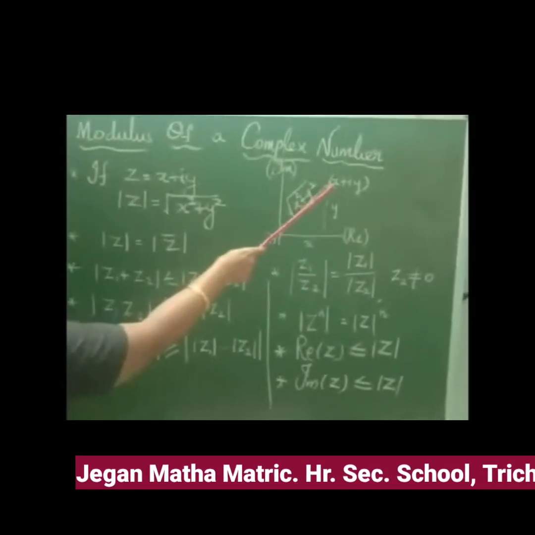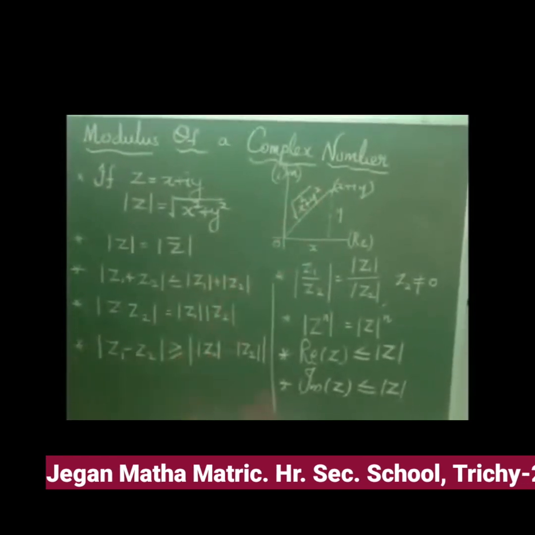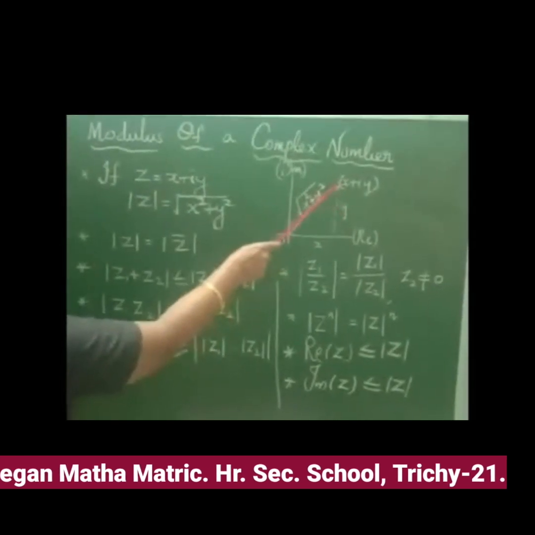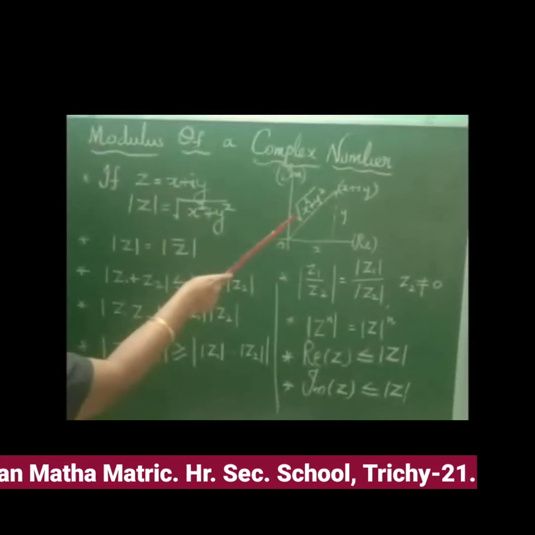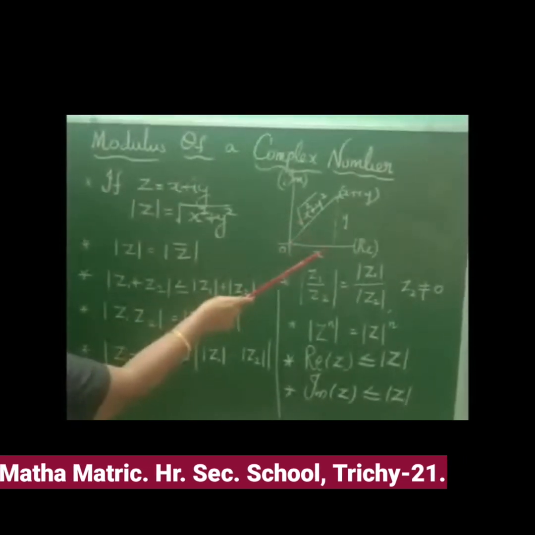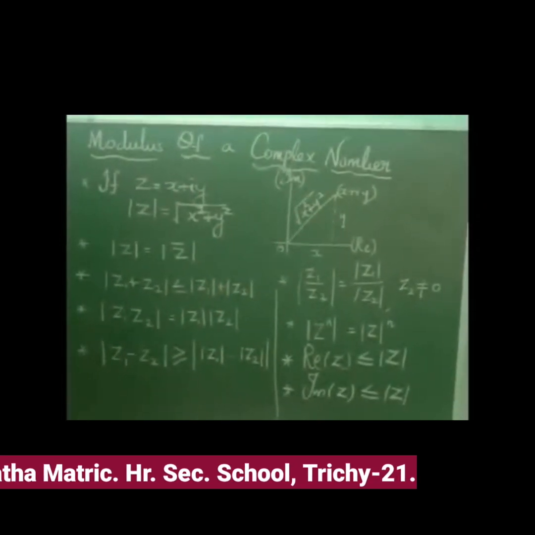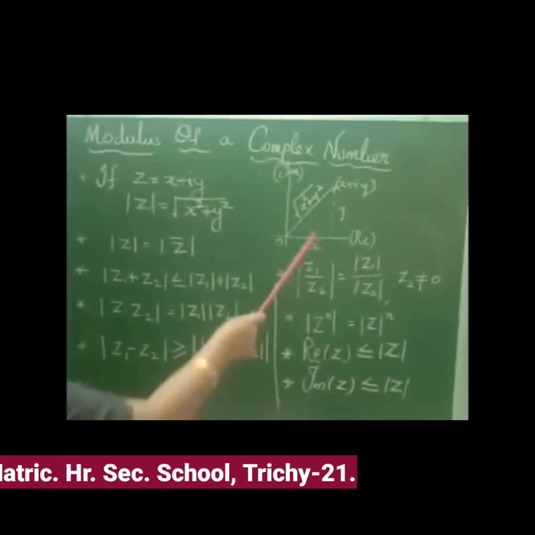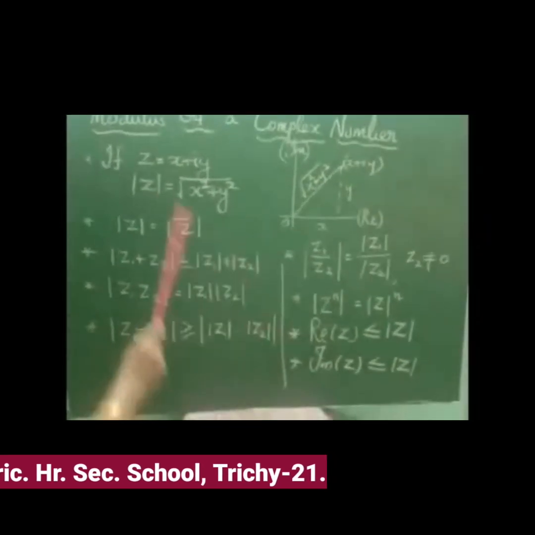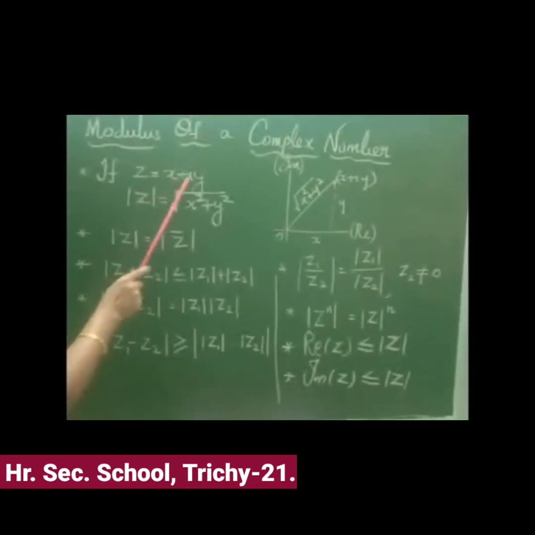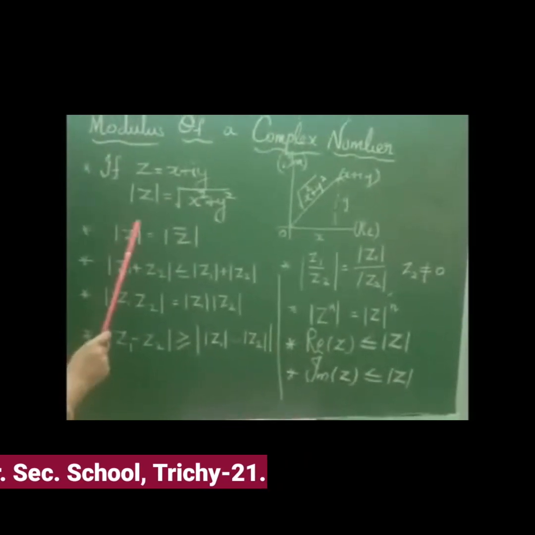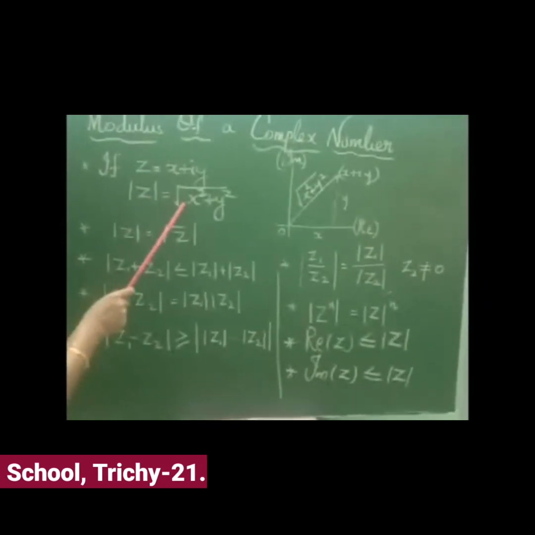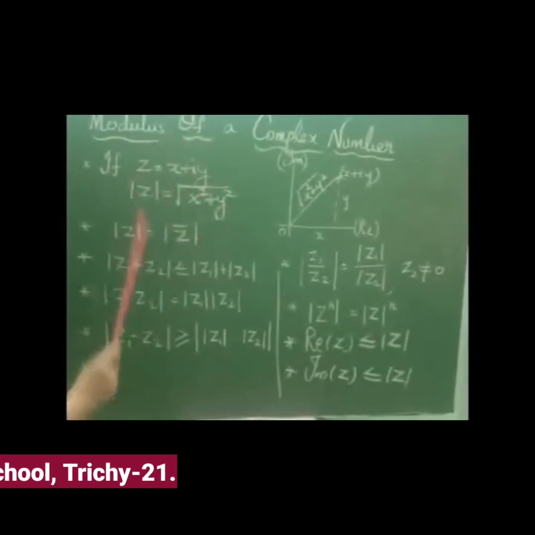to the point. According to Pythagoras' statement also, we know if this is the x value, this one is y, this is the hypotenuse. This is nothing but the sum of the squares of the other two sides. So, square root of x square plus y square. This is called the modulus. That is, if z is equal to x plus iy is a complex number, the modulus of z is defined as square root of x square plus y square.